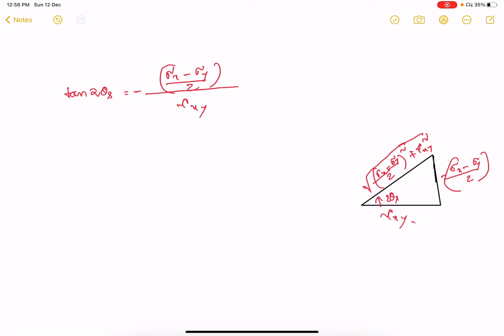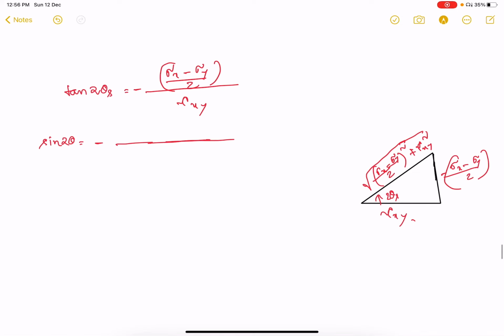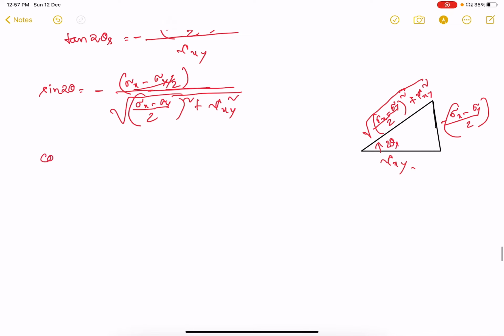Then clearly sine twice theta will be minus of sigma x minus sigma y divided by 2, over the root of sigma x minus sigma y divided by 2 whole square plus tau xy square, and